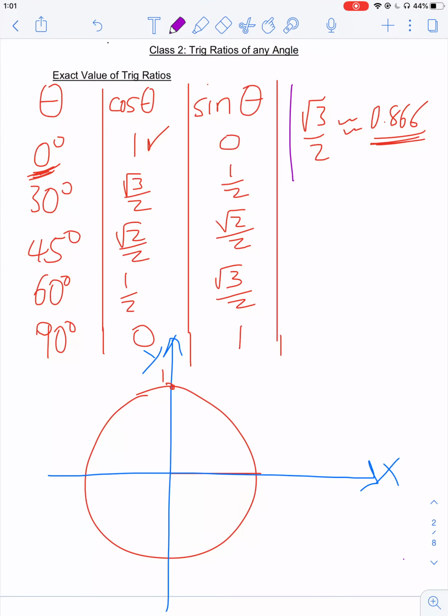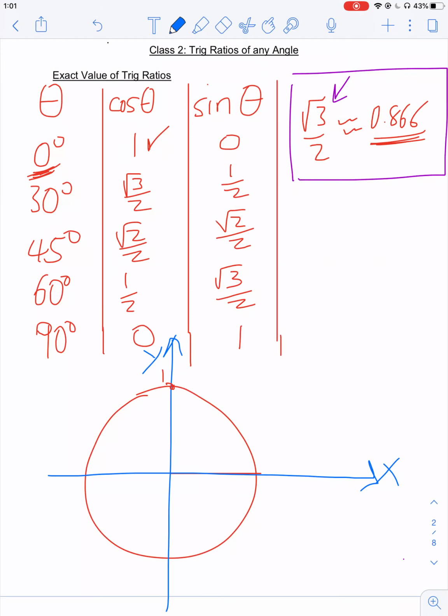So this one I am going to ask you to memorize. Whenever you see 0.866, it's an irrational number, right? So it's not zero. That's why I'm putting this approximate sign over here. Whenever you get a value that's approximately 0.866, the exact value will always be square root of 3 over 2. And in a similar fashion,